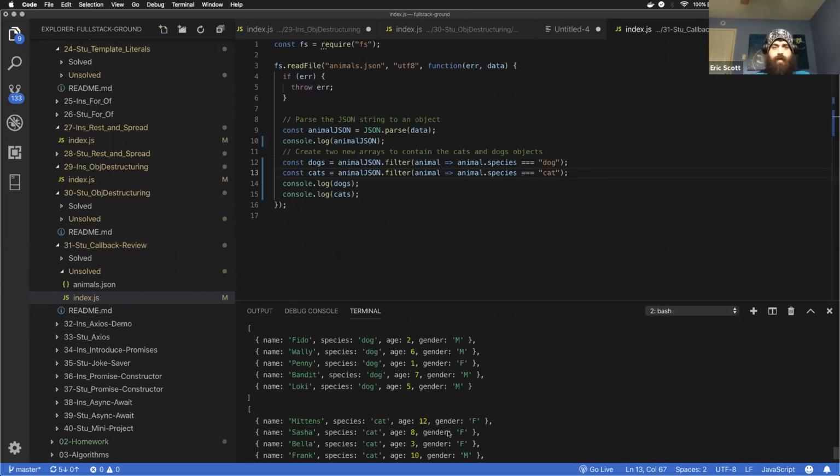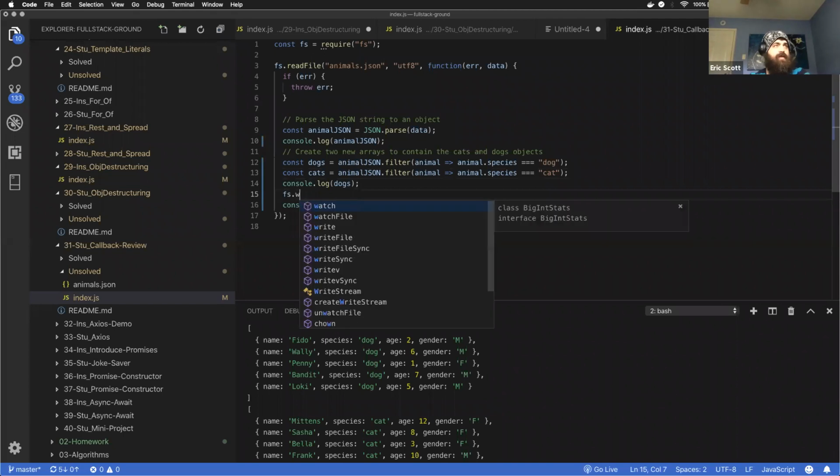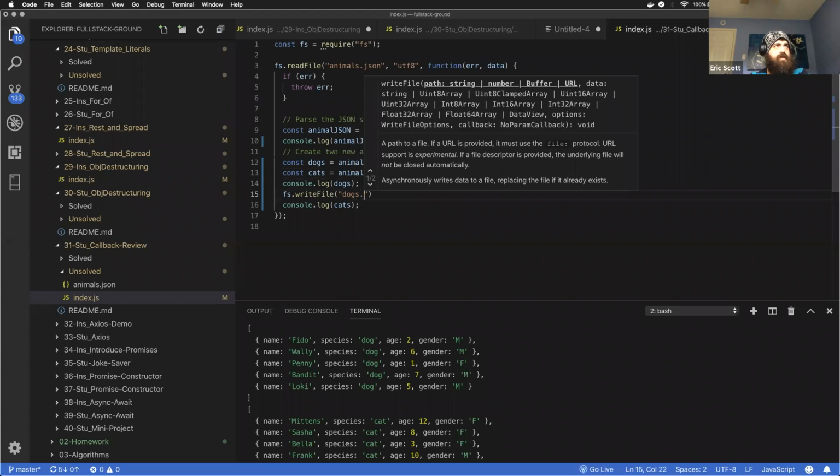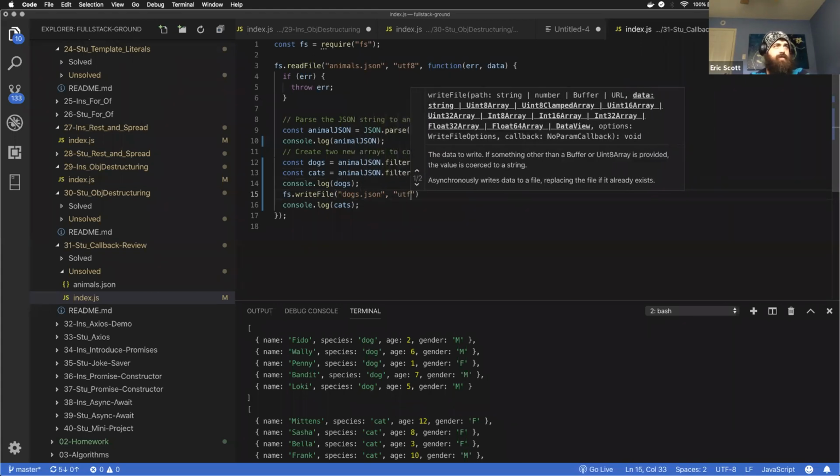And something that we might want to do is we might want to say, I would like to just write these out to their own file. So I'm taking the animals.json and I'm going to make two smaller ones based off of that are just the dogs and just the cats. So once I have this, I'm going to say fs.writeFile. We'll call this one dogs.json. Again, it's going to be UTF-8